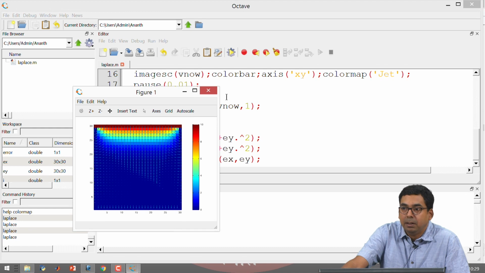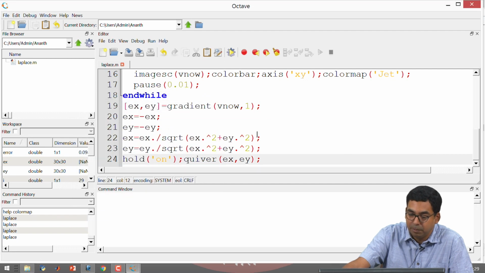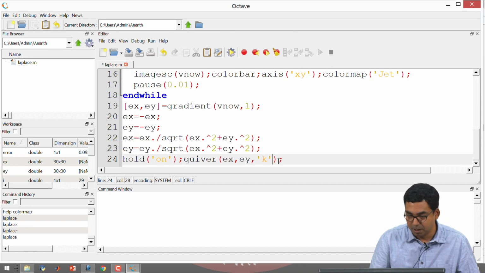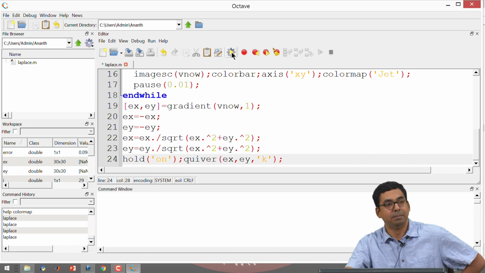So, now I have the arrows appearing. Unfortunately, I do not like the color of the arrows in this computer. Default settings are all very weird in this computer. So, I am going to change this a little bit more, right. I am just going to write this down as maybe comma k. K is short form for draw it in black color. Okay.